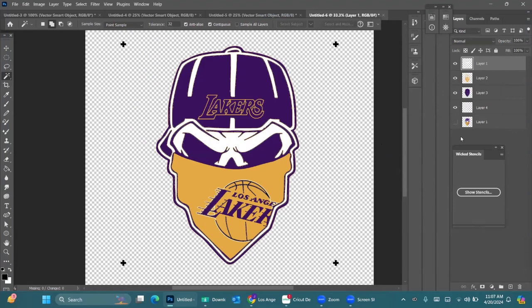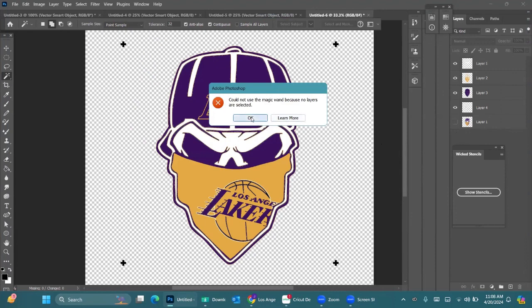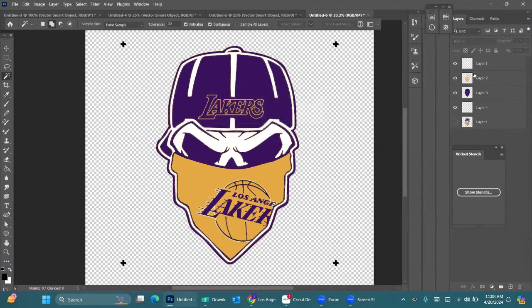but it actually removes this image. See, the original image is actually gone, well, it's not gone, it's just hidden. And they did take the colors and everything that we created in Wicked Stencil and they just created multi-layers, okay? So now that you have your multi-layer created, what I'm going to do is I'm going to select them all